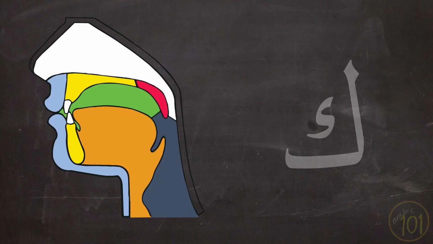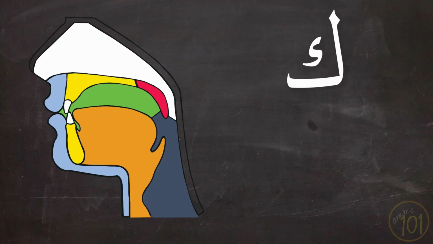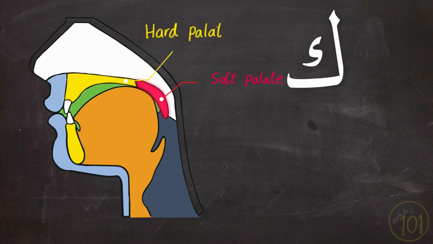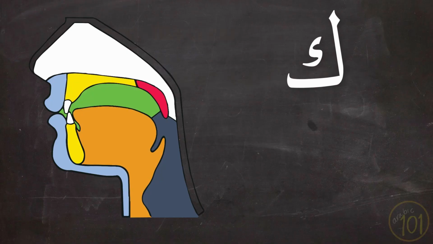Moving on to kaf. To produce the Arabic kaf, it is almost the same movement made for qaf. So the back of the tongue is raised to touch the area between the soft palate and the hard palate. The hard palate is that bony area. It is also the roof of your mouth. So the Arabic kaf will be produced when these two organs touch. And it should sound like this. Ak, ak,